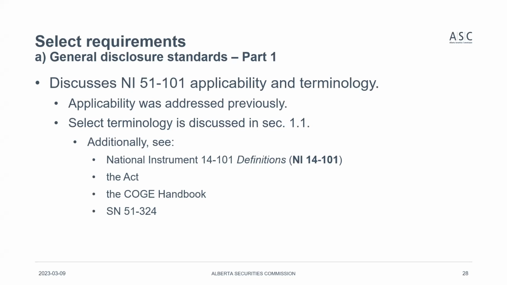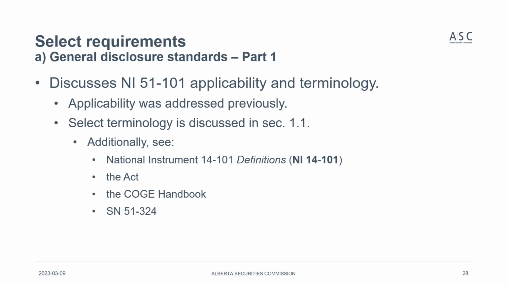And we're going to talk about Part 1 here. So Part 1 within 51-101 addresses applicability and terminology. Now, we already talked about applicability, so we won't go over that again, but we are going to talk about terminology. So terminology is discussed in section 1.1 of Part 1, and it includes a selection of key terms and their definitions. They've been incorporated directly into the instrument itself. So this is, I think, the first place where I would encourage people to look if you're trying to understand the terminology